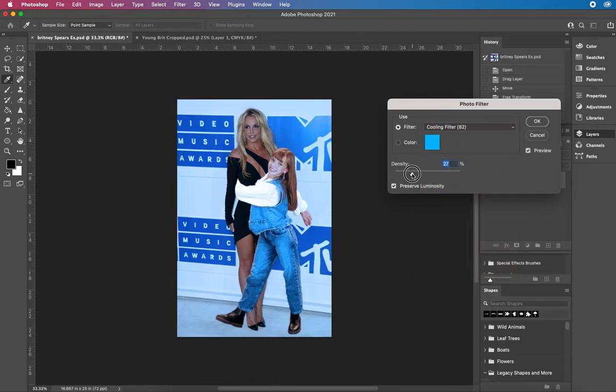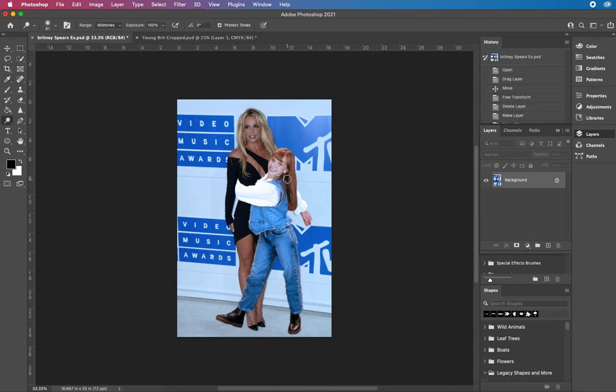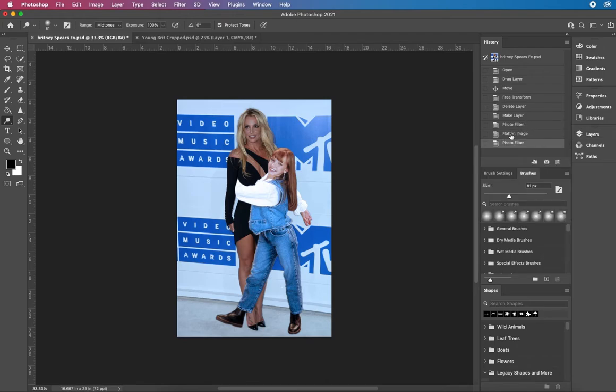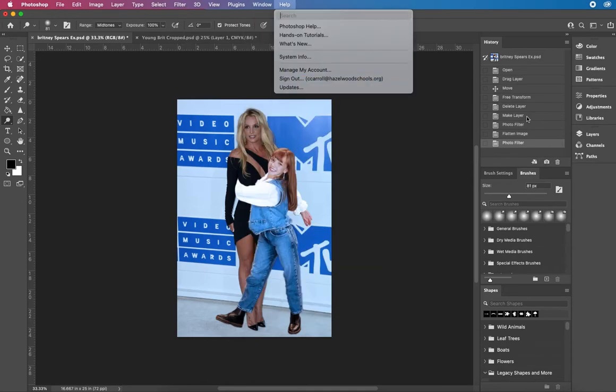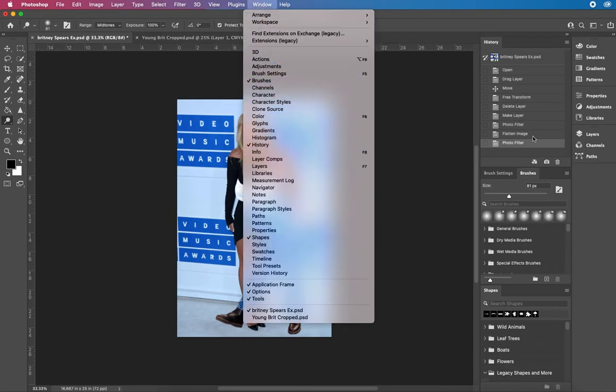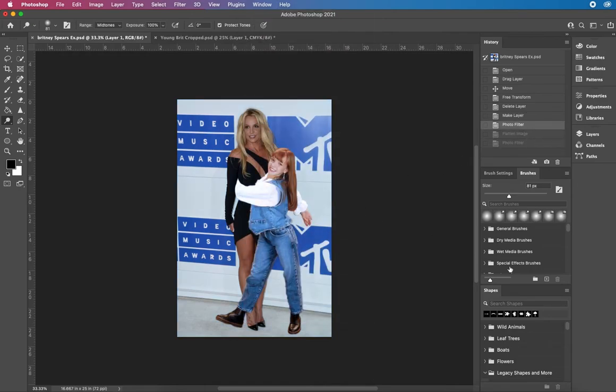You can add the density, make it lighter, darker. So now what I'm seeing as I'm doing this is that this Brittany here is less saturated than this Brittany here. So now that I realize that's something I need to fix, I can go back and unflatten my image. This is my history right here. You can always find it by going to Window and then the window that you want, History. I'm going to undo my flattened image, and I'm going to go to my layers,